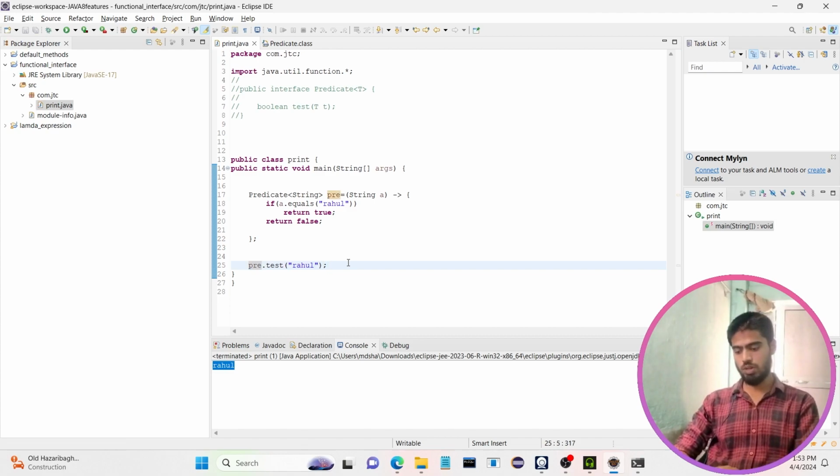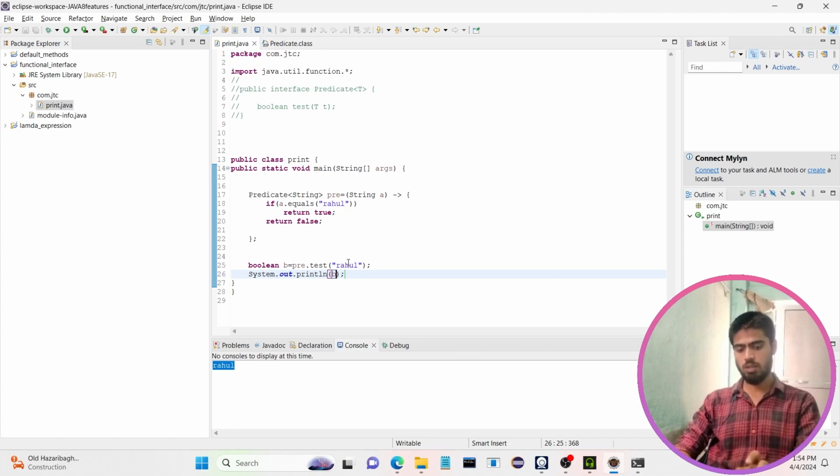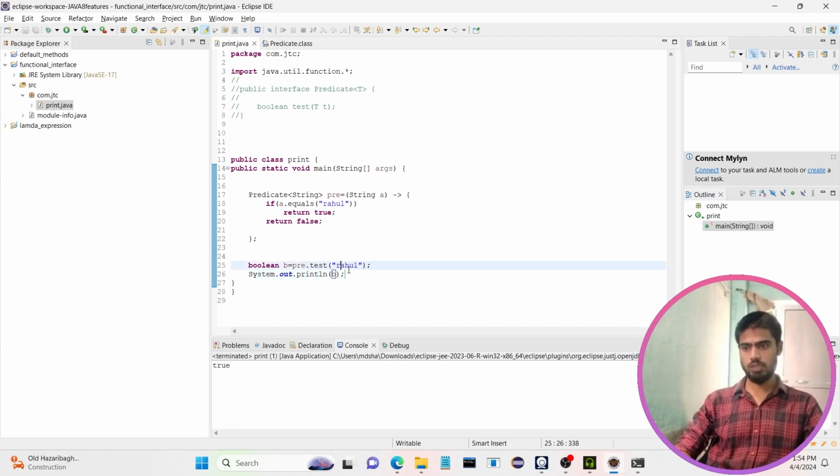So we can store it in boolean b. Now you can see it will give true, but if we are passing another type of values, it will be false. So what you have to remember,